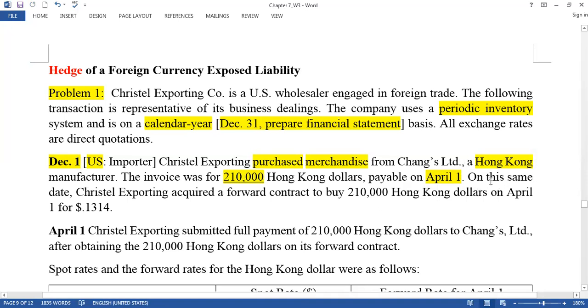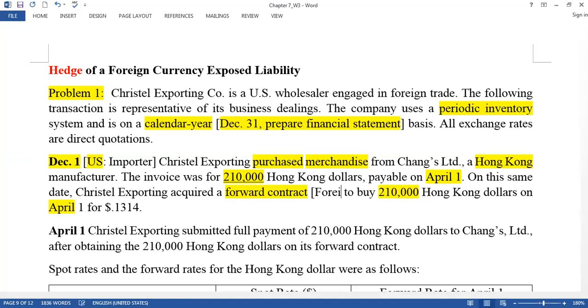On this same date, the US company acquired a forward contract. So a third party came. You make a contract, you are the US company, you acquired a contract with a third party to buy this Hong Kong dollar from the dealer. You will buy this money from an exchange dealer. When? On April, because April is the payment date, right? When the payment date comes,